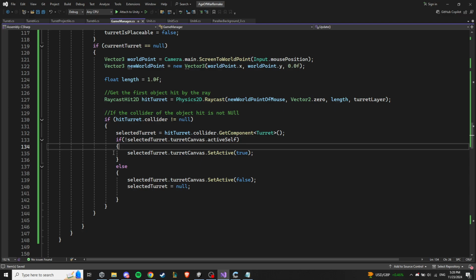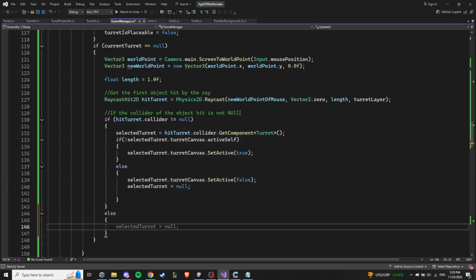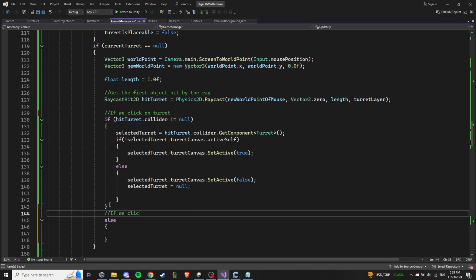Okay, and also here, if we click and there's nothing there, so else here, let's comment this. So if we click on turret, and here if we click on nothing,